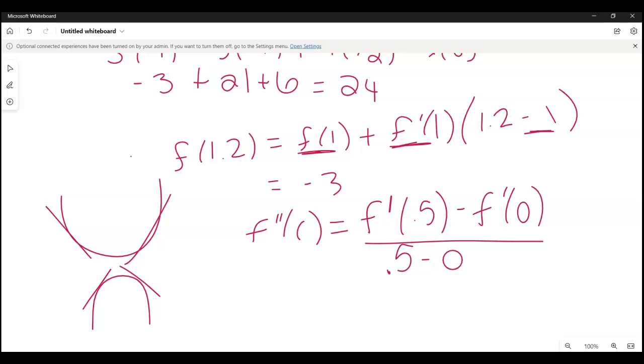So then it says find a positive real number R having the following properties. So what is f of 0.5? It's -6. I need f prime, which is 3 minus 0 over